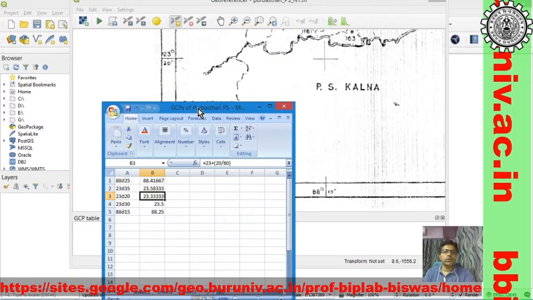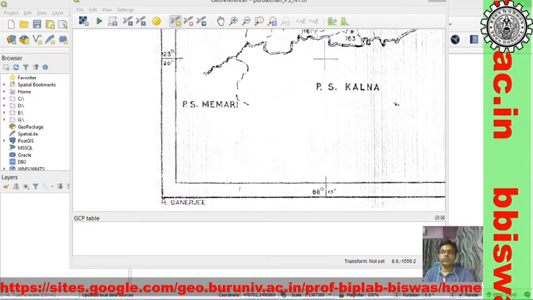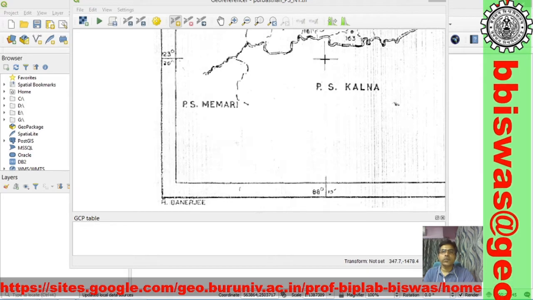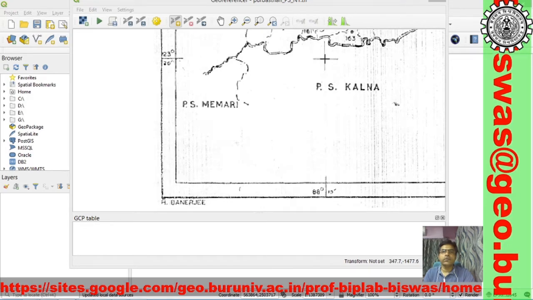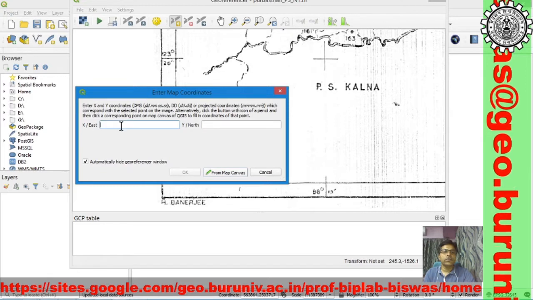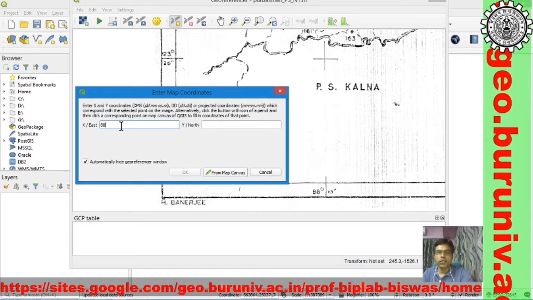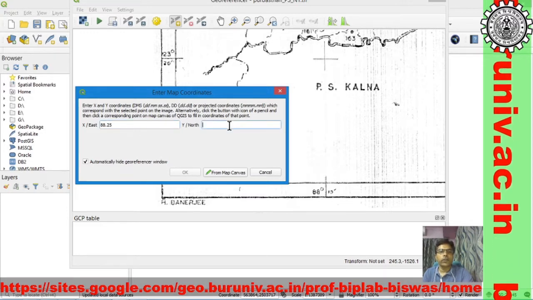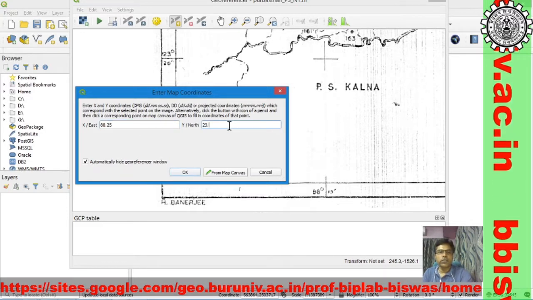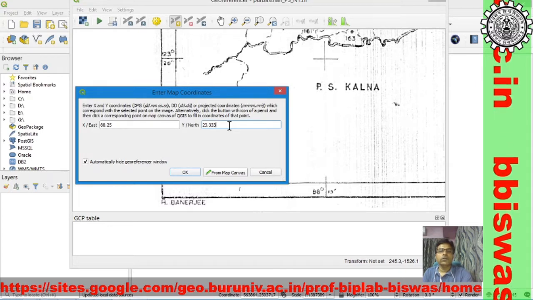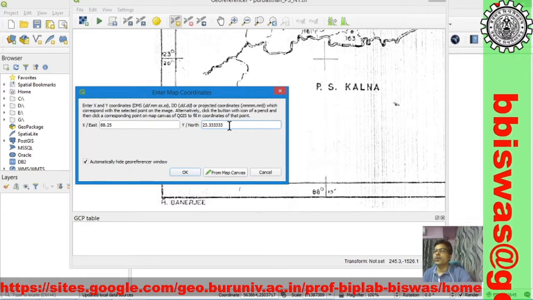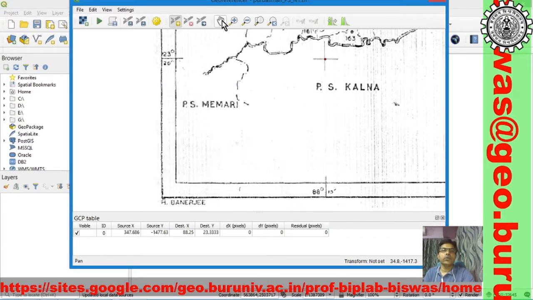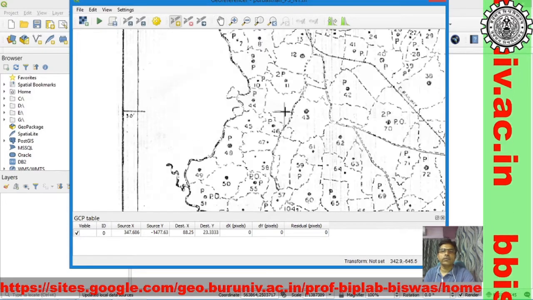Okay, so this point is east 88 degree 15 minute, which means 88.25, and north 23 degree 20 minute means 23.3333. You can add 5 decimal points also. Okay, so we go to add the second point.